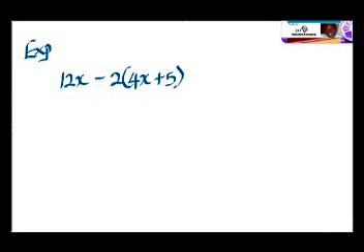Let's say, for example, we are given a value as 12x minus 2 bracket 4x plus 5. Now remember, this expression does not have an equal to, so you are not solving for x. It is just an expression. Anytime you have an algebra that does not have equal to, it becomes an expression. So here we are going to have this as